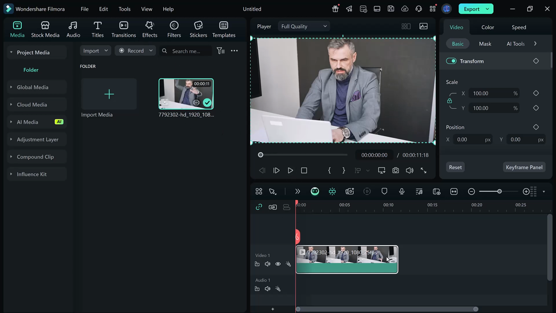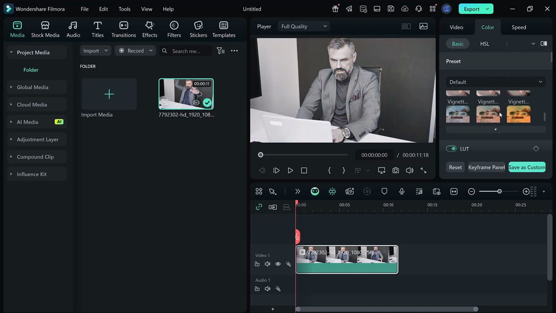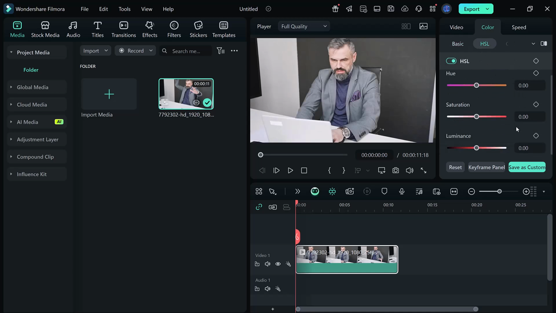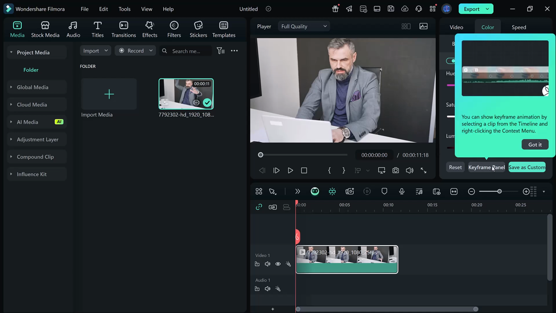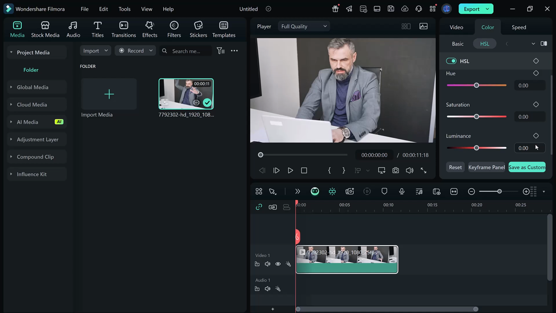Click on your footage, go to the color tab and scroll down. Start by adjusting the temperature to set the tone and mood. Then enhance the overall color by fine-tuning the vibrance and saturation. Next, scroll to the light section and adjust the exposure, brightness, contrast, highlight, shadow, whites, blacks to give your video more